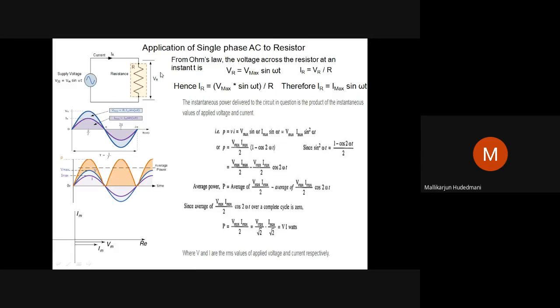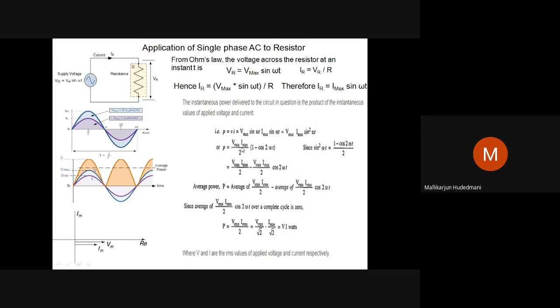There is an absorption of power, yes, by VI watts. There is a flow of current inside the circuit, yes, Im sin omega t. Applied voltage is Vm sin omega t. Both are in phase. Two lines will be like this. And the mathematical proof of power: instantaneous power is V into I, I have to multiply these two. Then average power over a cycle, I have to get the average of the first term and the average of the second term.